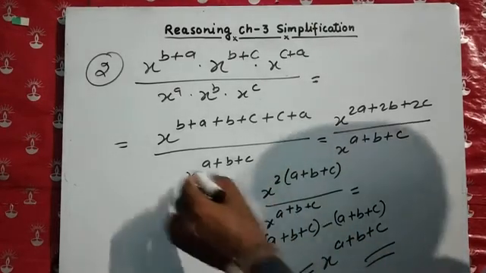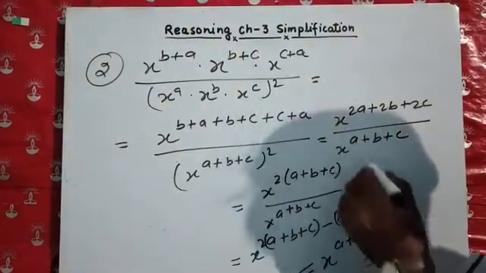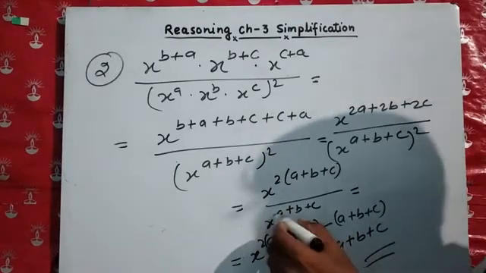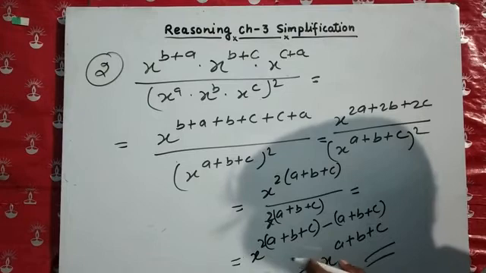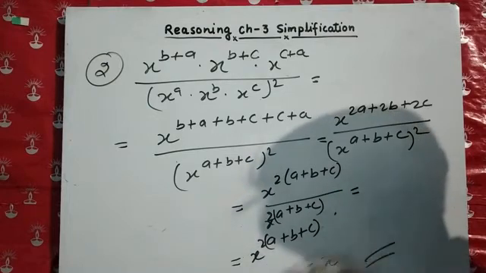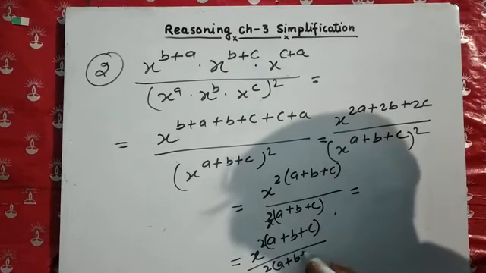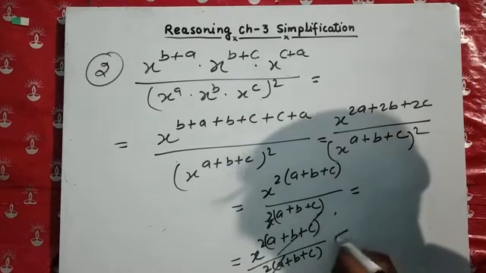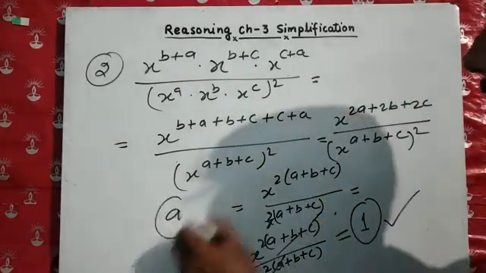Okay, one thing is given here, the square is given. So we will get this square here and this square here. In this condition, whatever we are getting as numerator, the numerator and denominator will be the same. So it becomes 2a plus b plus c, and they are both deducted. So the answer will be 1. The correct answer is 1, so option number A is correct.